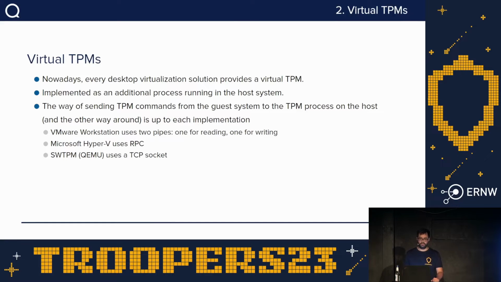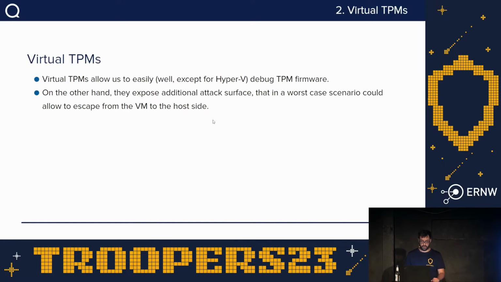SWTPM, which is used by QEMU, uses a TCP socket. So everyone does it in a different way. I said that virtual TPMs are really handy if you want to debug the firmware, and that is true, except for Hyper-V. So if you are asking why, it's because